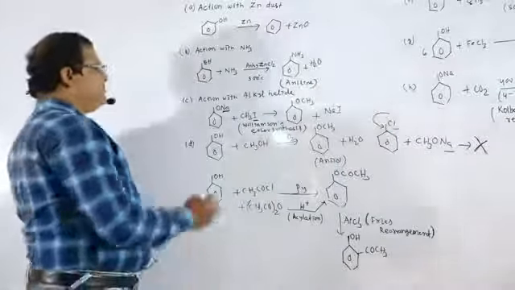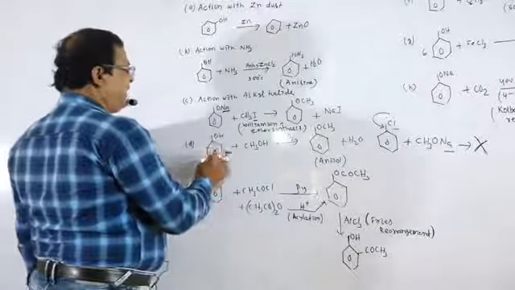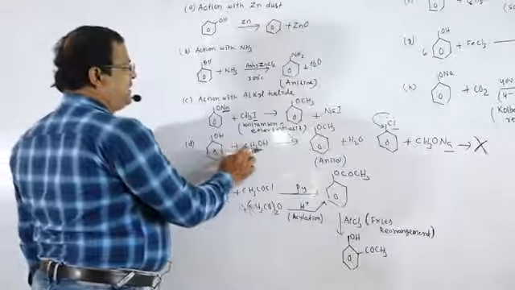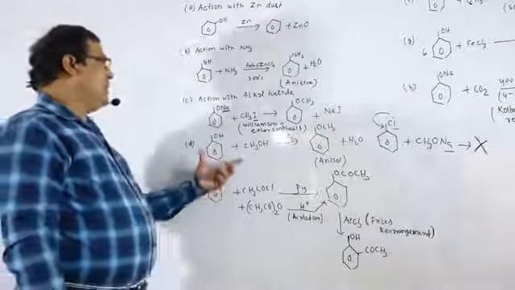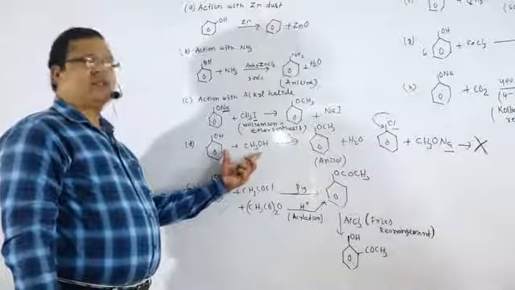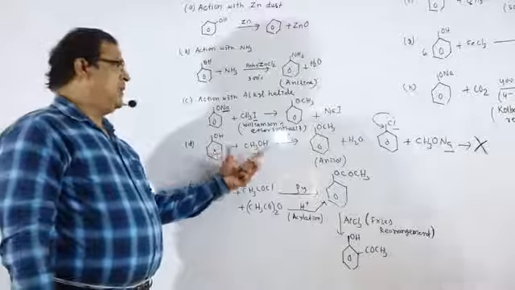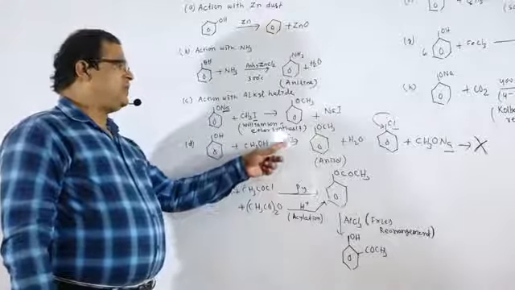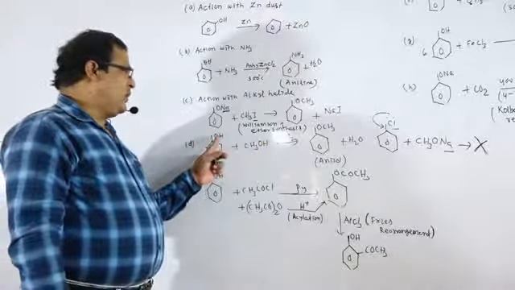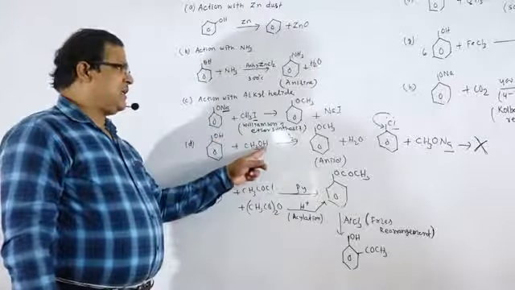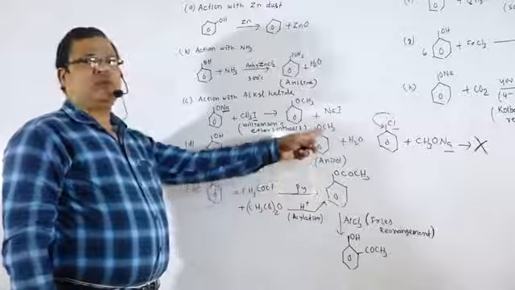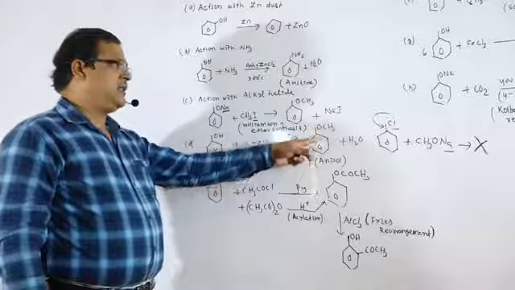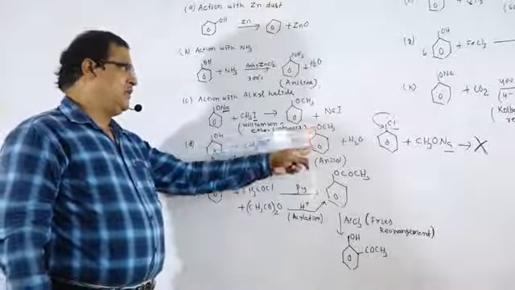So next one, that is phenol treated with methyl alcohol, that is action with alcohols. Methyl alcohol in presence of thorium oxide: the OH part and H part are removed in the form of water. So there is the formation of anisole, methoxybenzene.